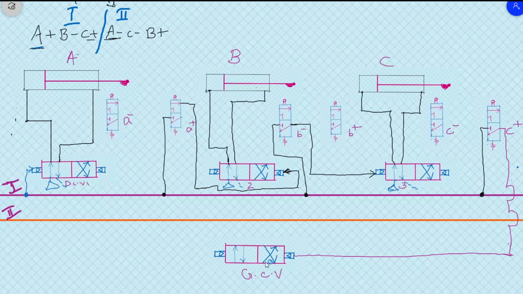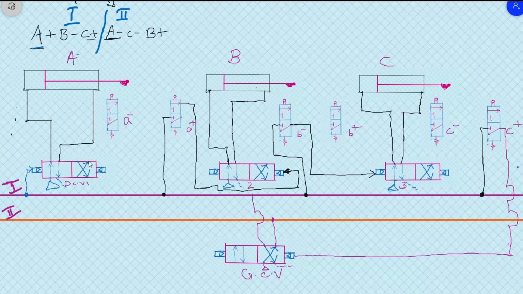The cascade valve should also be connected to a pressure supply, so the pressure inlet to the cascade valve should be given to pressure lines 1 and 2. Here the second is actuated after C plus, and we have to change from group 1 to 2. So the output port of this is connected to group 2, and the return of the group 1 pressure line is connected to port 1, so that the pressure from the compressor is given to the group 2 pressure line, and the pressure which was already there in the group 1 line is released to the atmosphere.